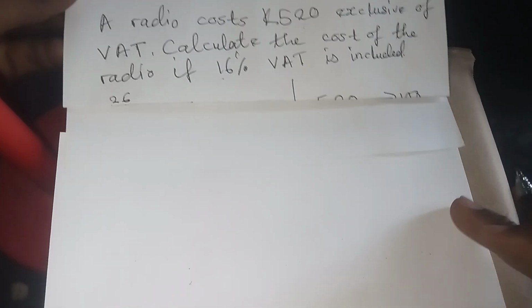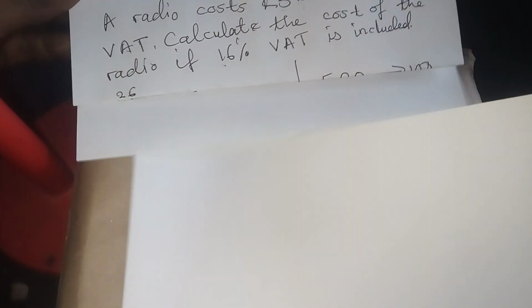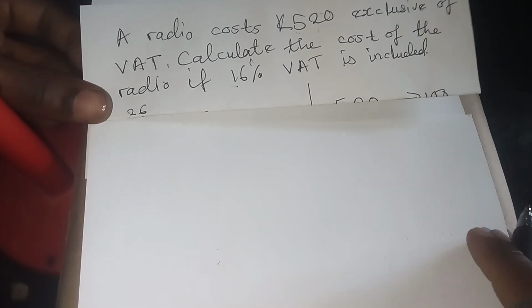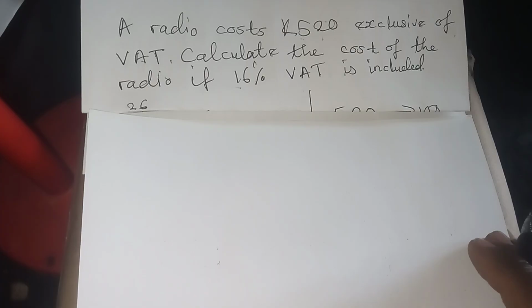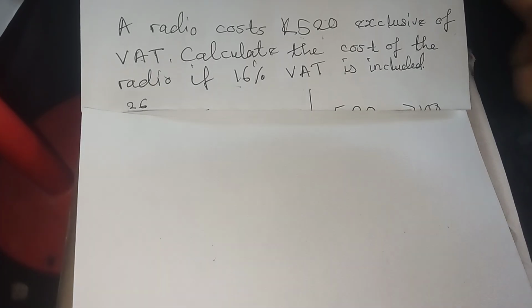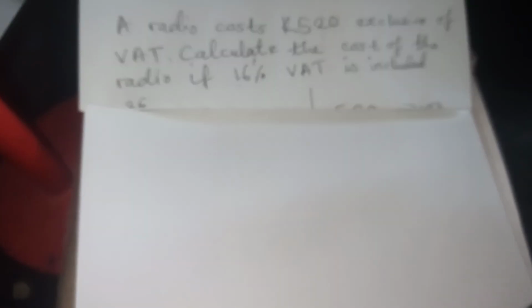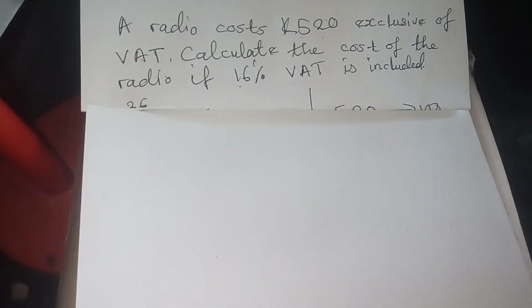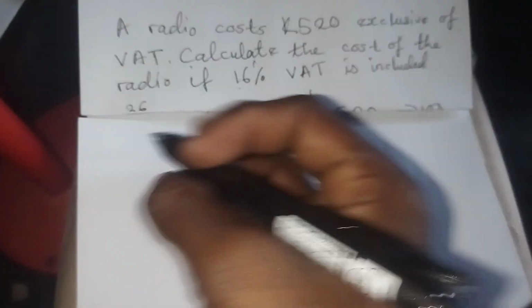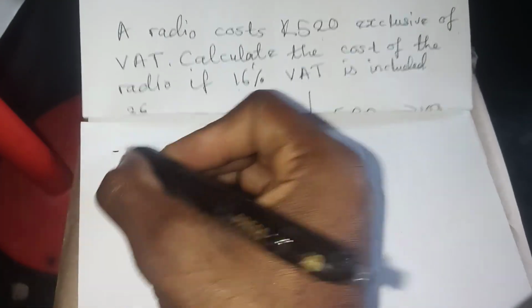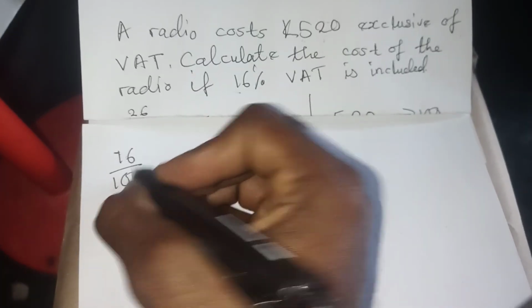So we can use two different methods for this. One uses proportions, and then the other one is kind of direct, where you find 16% of 512 and then add it to 512. So let's start with the same method. So you can say 16% of